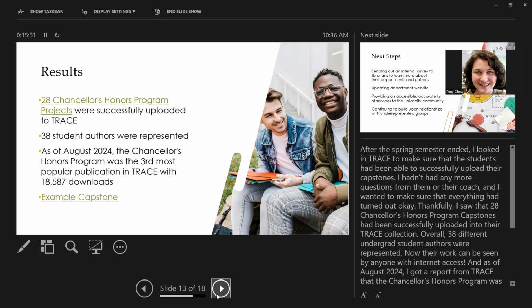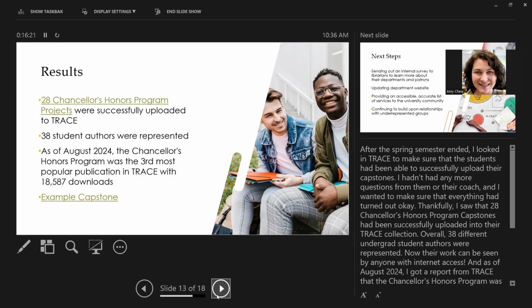And just feel more comfortable sharing their research through Green Open Access, learning more about what that process looks like, taking control of their copyright, because when they sign that submission agreement, they have to think about their rights and who owns what. And so all of this is preparing them for if they want to go to grad school, if they want to be a faculty member, or if they just want to continue doing research in some way. These are all things they have to think about as they continue to publish and disseminate their research.